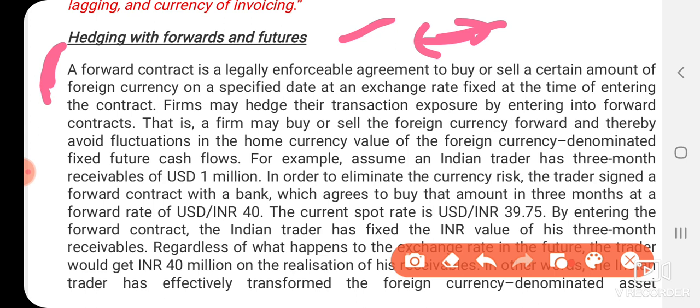It is a tailor-made contract, my dear students. There are no standardized rules and regulations or particular procedure in a forward contract. It is a tailor-made contract. Here there will be no secondary market. One thing, my dear students, I'll tell you again for competitive exams: many times the question asked is what are the differences between forwards and futures. A forward contract is traded on the over the counter market, which means there is no secondary market.